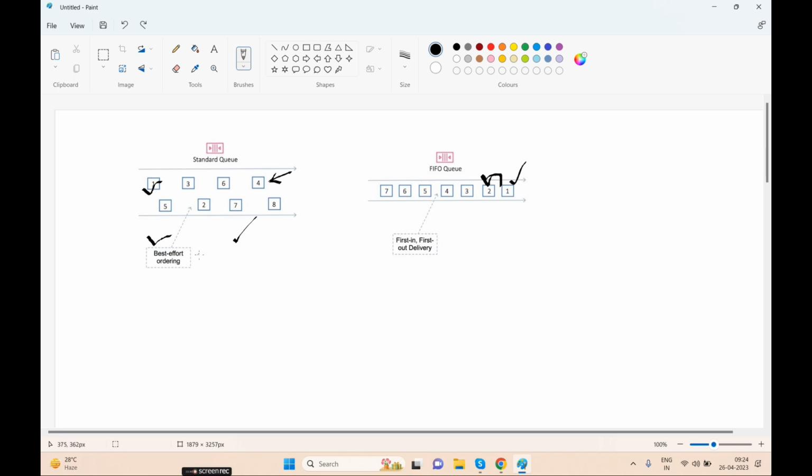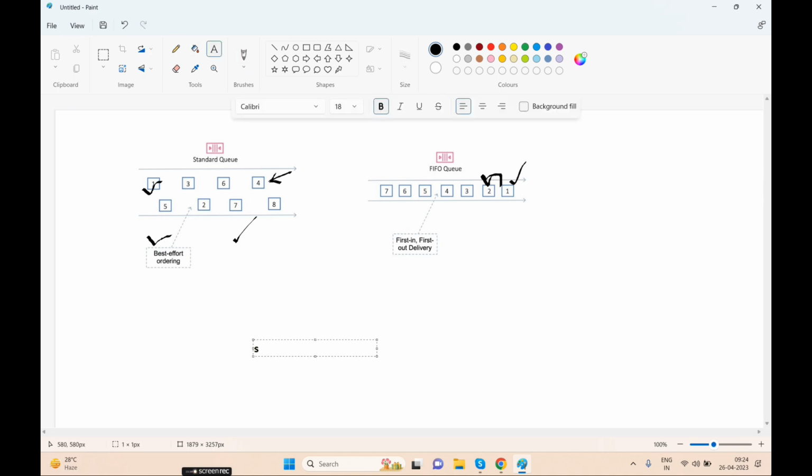One more thing: SQS is a pull service. They call it poll, but it's like pull. SQS is the pull service, and SNS is the push service.